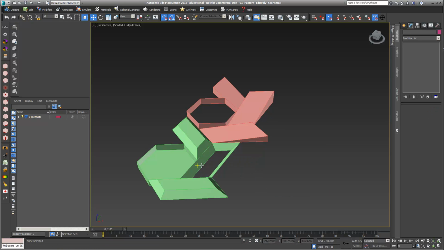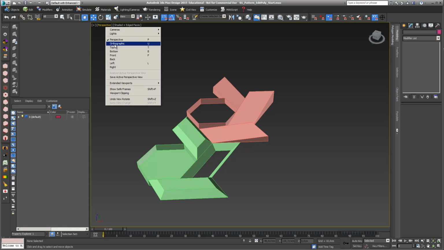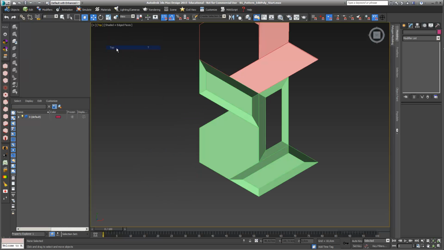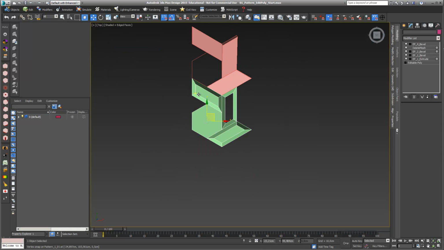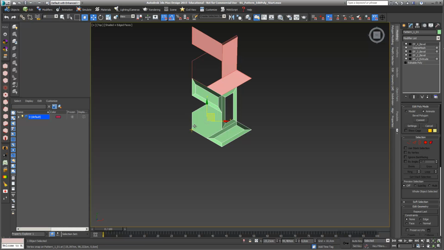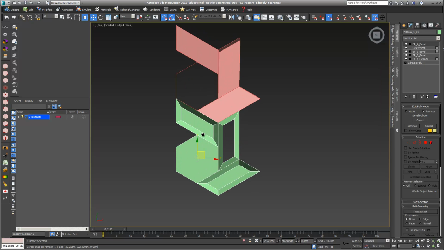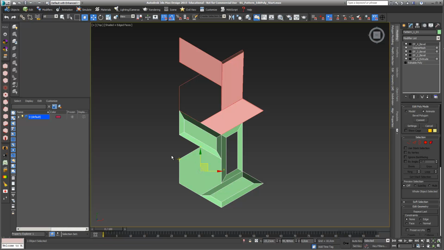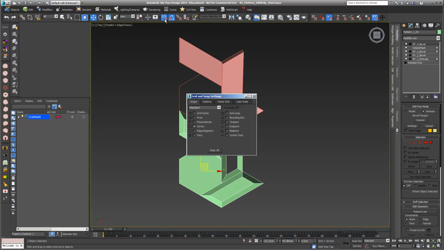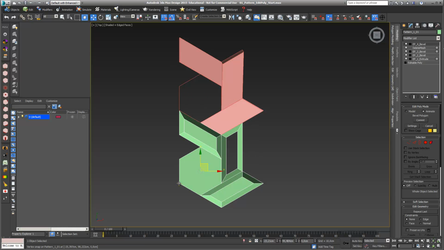I go into my top view. I just press the keyboard T like top view, or I just go into perspective and I just choose top view. Okay, and what I do then, I just take my pattern, and I have my snap toggle on, and right mouse click also my vertex, and I just choose this